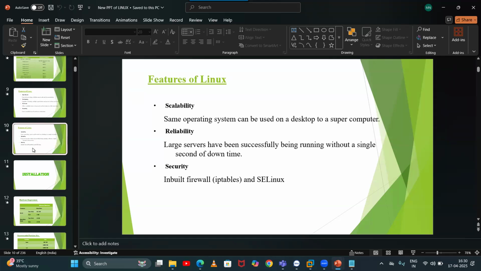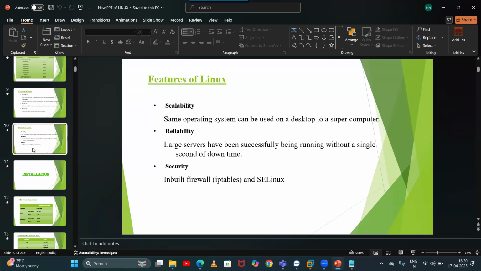But in Linux, there is no separate client operating system and server operating system. We have only one operating system, so you can use it as a client or a server operating system as per your requirement. In Windows, generally we install on laptops and desktops, nowadays Windows 10 and Windows 11.